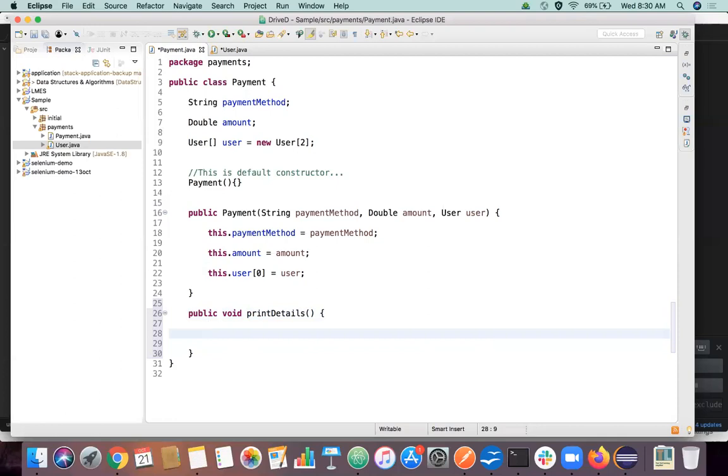So what I'm going to do is I'm going to sysout, I'll just say the payment method is, I'll just append that payment method string itself, and we'll say and amount is, will append amount.